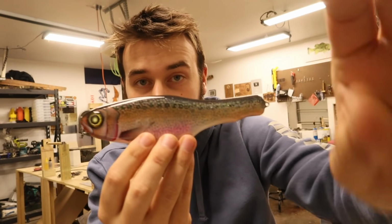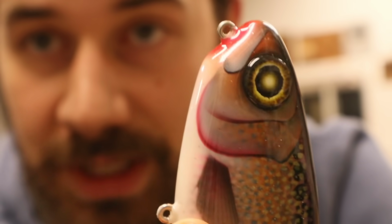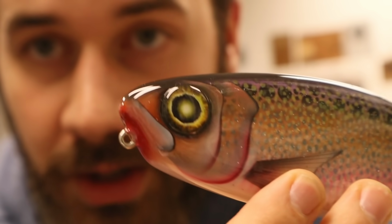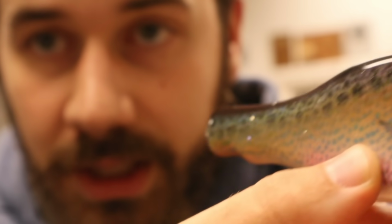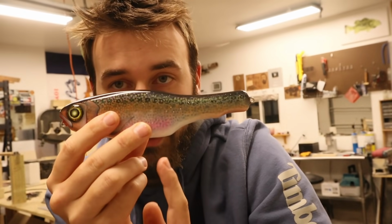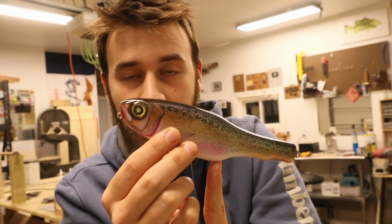Here's a topwater walking bait, just a walking bait. It's got the sharp angle under the mouth there. Push some water under it, get it to walk. It's weighted right there. The bump on the back is where the weight is. So it's gonna do this a little bit. It's gonna sit in the water like that and it's gonna...